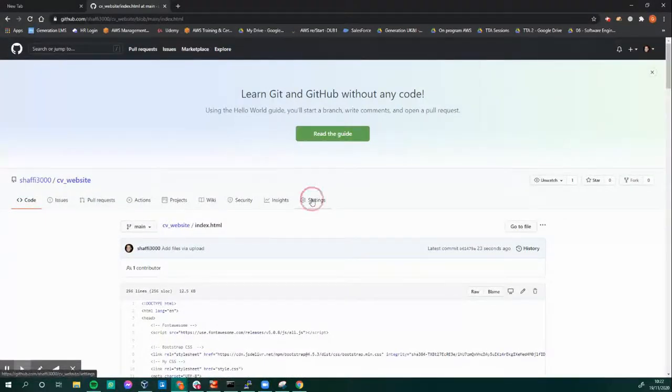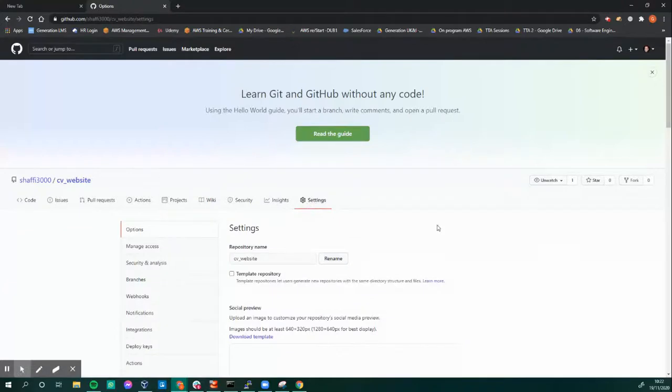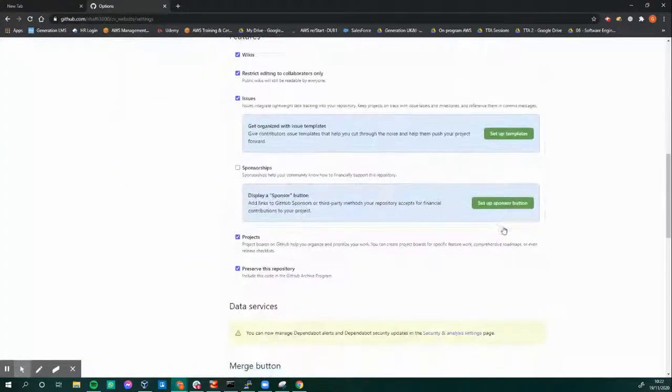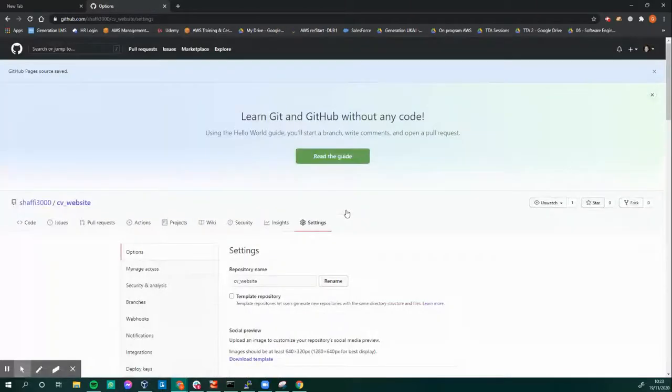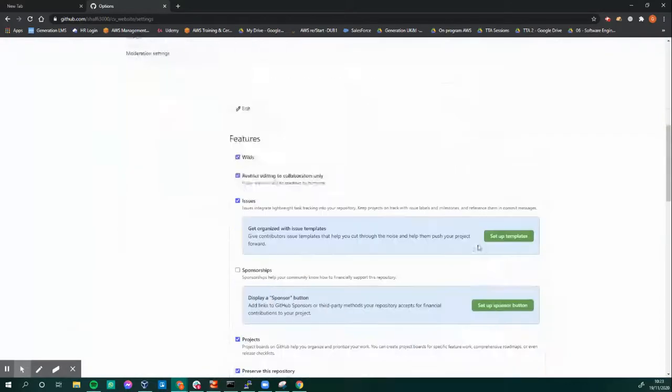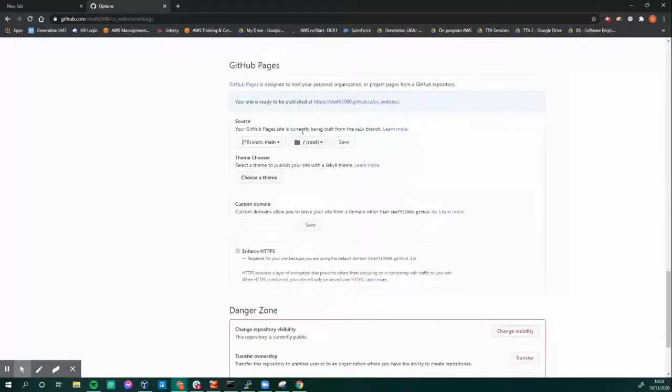What you do need to do though is go into your settings here, scroll to the bottom of this page, and you'll get to the point where it says GitHub Pages. Okay. So currently disabled. Select a source to enable GitHub Pages for this repository. We only have a main branch. We don't have additional branches, which are basically different versions of your work. So we just choose this one, and then say save. And in a moment, when we scroll down again, here we go. Your site is ready to be published at